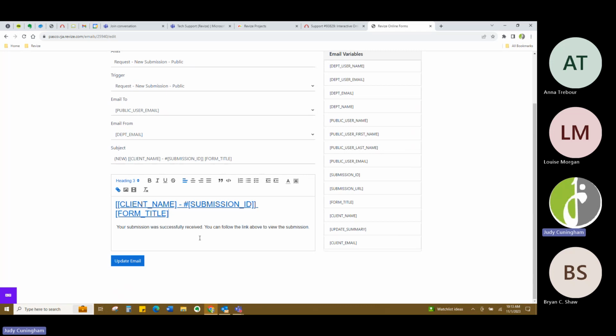It's department specific. So if there's 5 forms that live in the HR department, all 5 of those forms are getting the same message. So you don't want to say, thank you for submitting your dog license application when there's other forms in this department that aren't dog license applications. Does that make sense? Yes. Okay, so just know you can change it, but don't touch anything in the brackets, and then you would